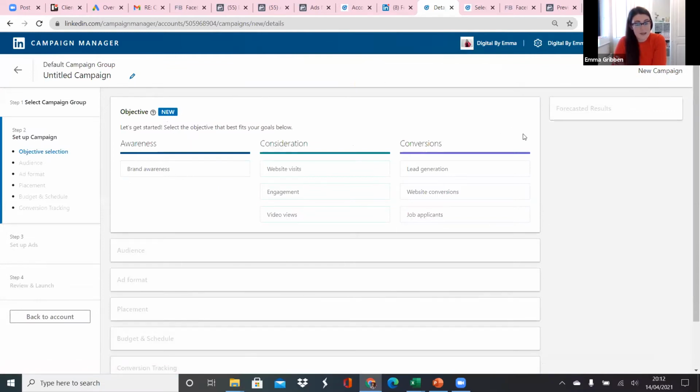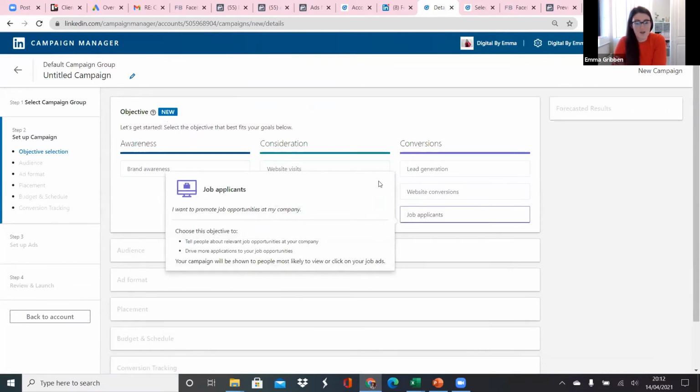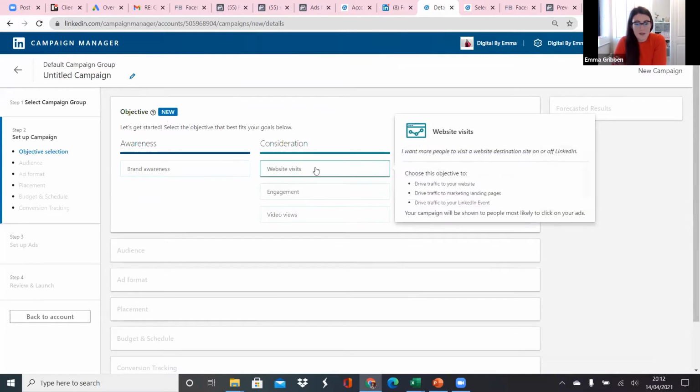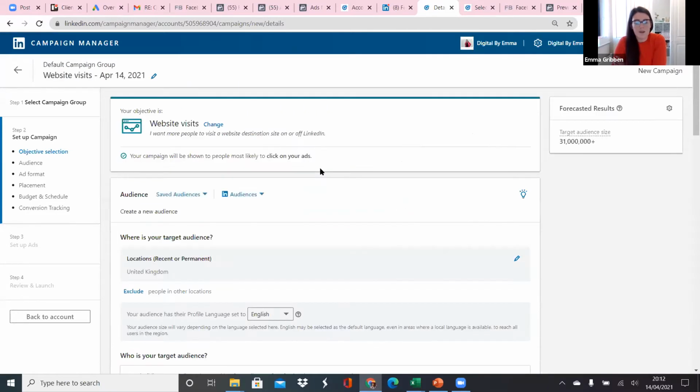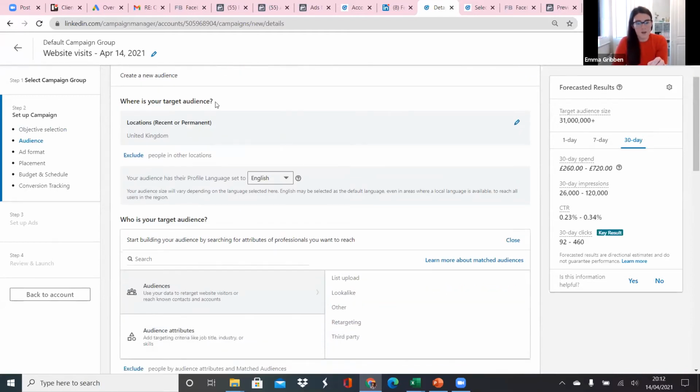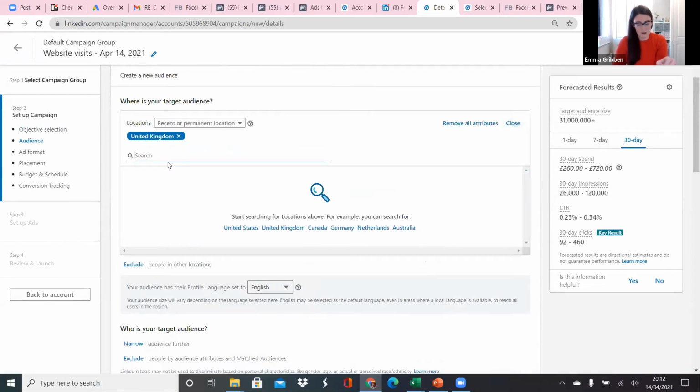And then just quite similarly to Facebook, it's getting me to choose an objective for my ad. So is it awareness, consideration, or conversion? Website visits would be the equivalent to the traffic ad that we looked at on Facebook. So let's just say hypothetically you wanted to do that. And then we get to choose the audience. Now, the good thing about the LinkedIn audience is obviously you can target people by their job role. So as I come down here, I can choose where I want to target. So if I decided I actually just wanted to target,